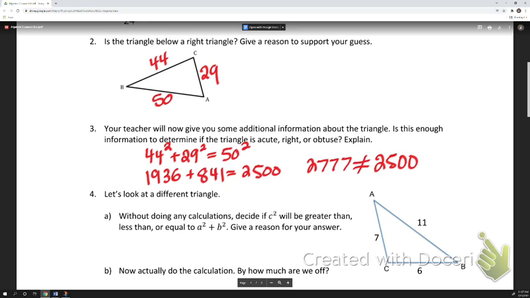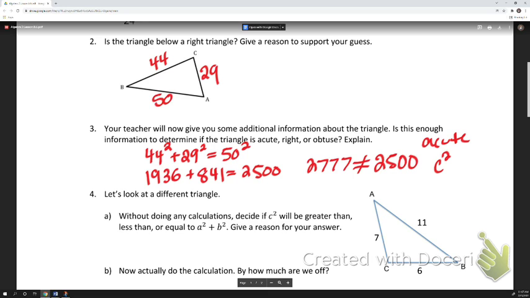It's actually going to be an acute triangle. Because the c squared, listen, the c squared is too small, right? 2,500 is less than what the other two sides squared add up to be. So let's write this down. It's got to be acute